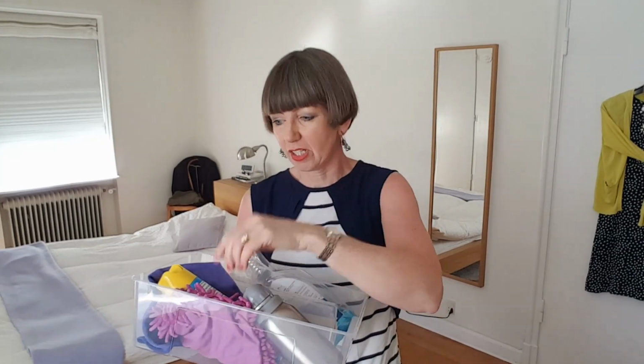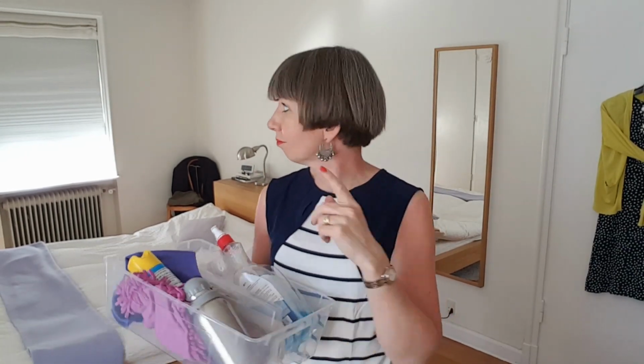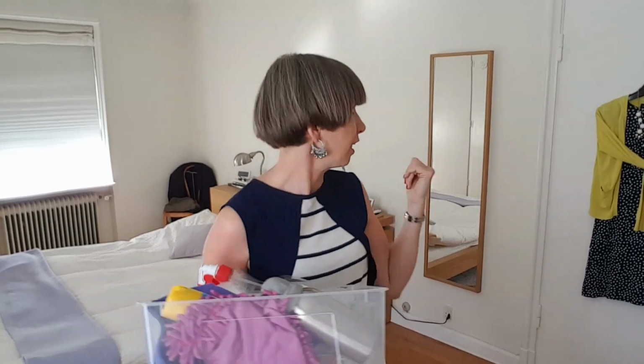I've got my little cleaning caddy, and I leave this cleaning caddy in the zone. So we are in zone 4, which is the master bedroom. This little cleaning caddy stays in here so that anytime I've got a couple of minutes, whatever it is, I can be dusting the skirting boards, I can give the mirror a polish. Oh, and when we got onto that, yeah, which reminds me,